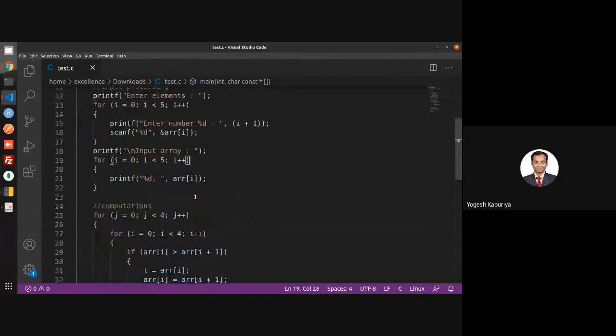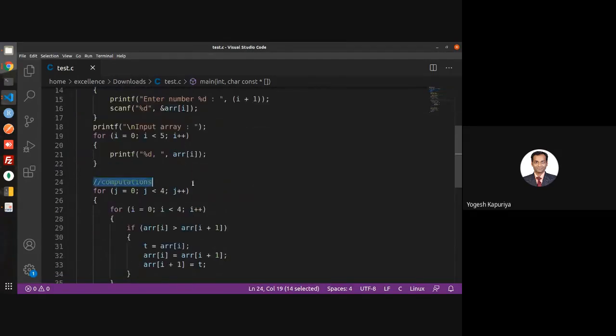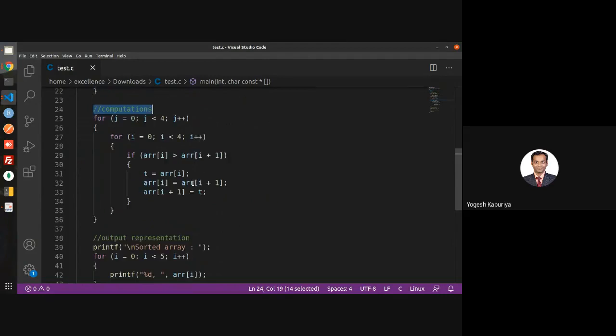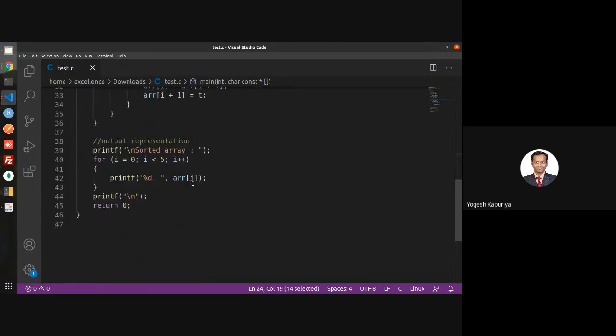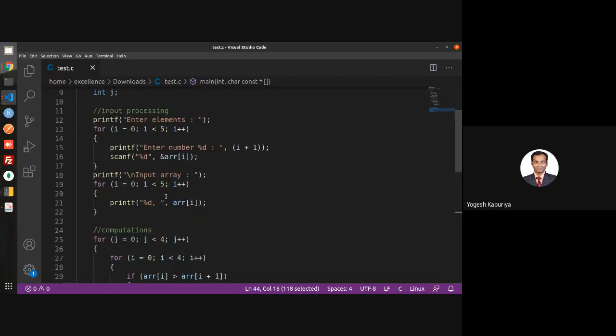I don't want to discuss the program, but I want to discuss how you should approach a program, because I'm not going to give you every program. But you must understand that there are three parts of any program. You have to consider the input processing. For input processing, you need to understand what input variables are required. Obviously, you require some logic for computations, what you are exactly supposed to do on the input variables. And then you want to represent your output, so you have something for that as well.